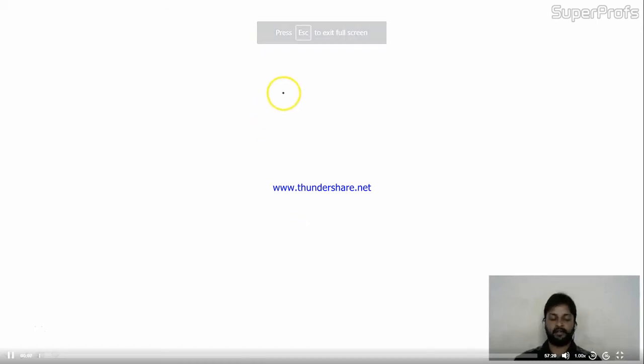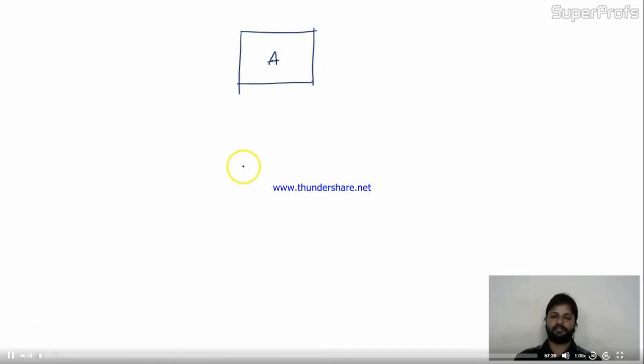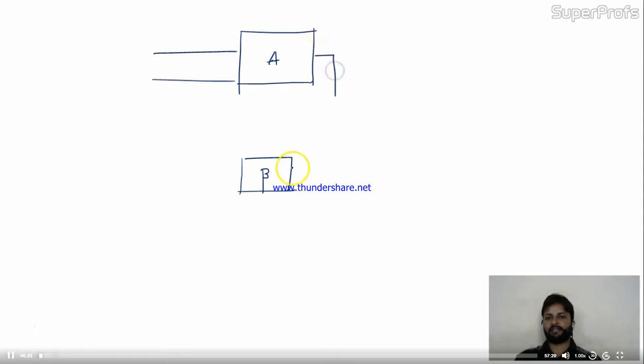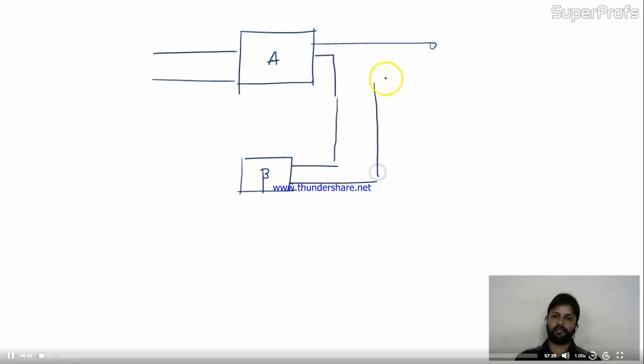Application of negative feedback. So let's start the session. Friends, if you have a system like this, this is the feedback element, this is the gain element, and they are connected. Let's take it this way. Here I'm taking the output from the feedback element. I'm taking the output plus V0